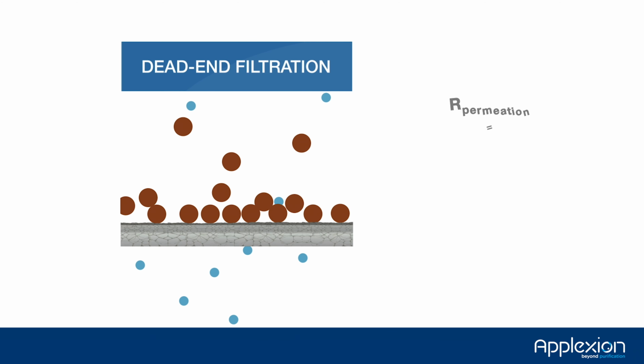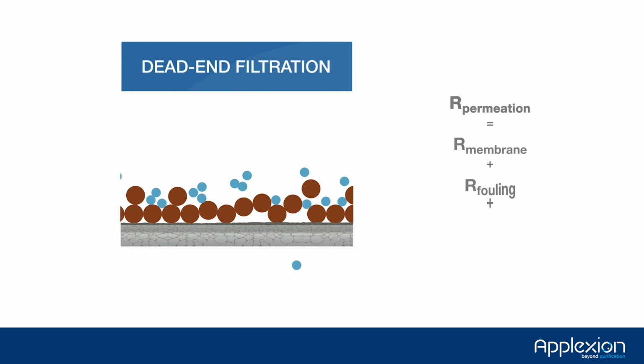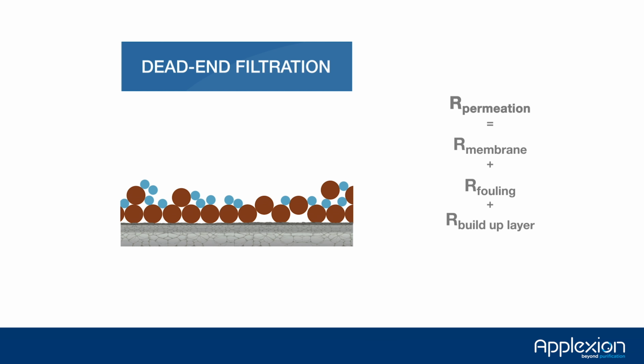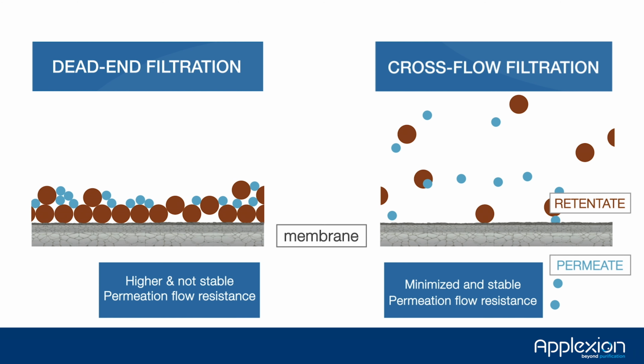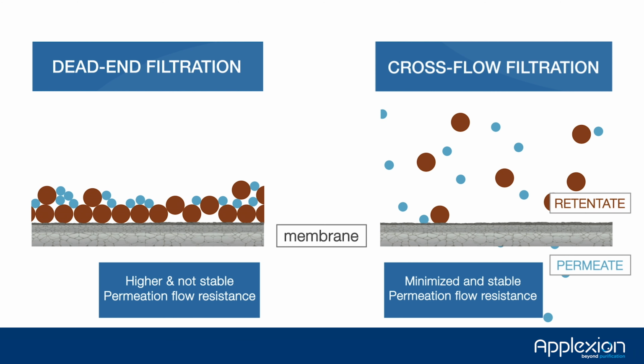The driving force of the permeate through the membrane is the difference of pressure between the two sides of the membrane, called the TMP or transmembrane pressure. Resistance to the permeate flow is a combination of the ceramic layer of the membrane itself, fouling in the membrane, and a buildup of a clogging layer on the feed retentate side of the membrane. The whole purpose of having a cross-flow is to erode continuously this clogging layer and get as little resistance to